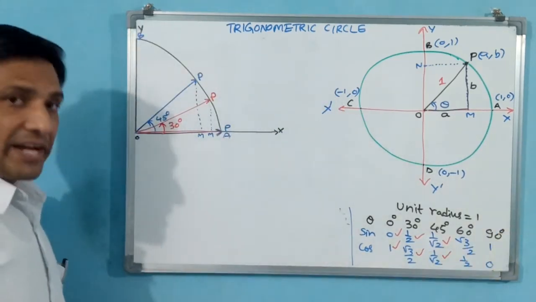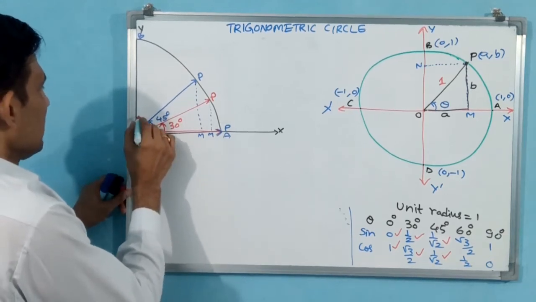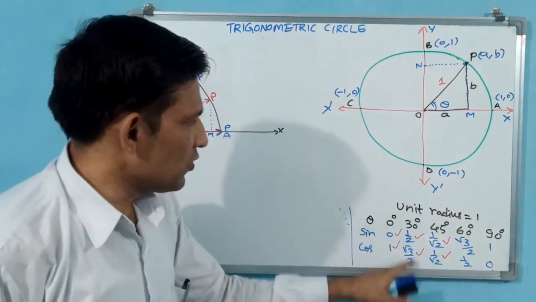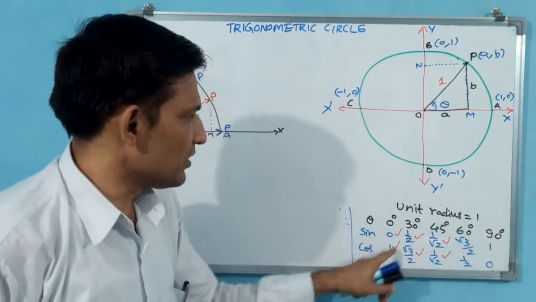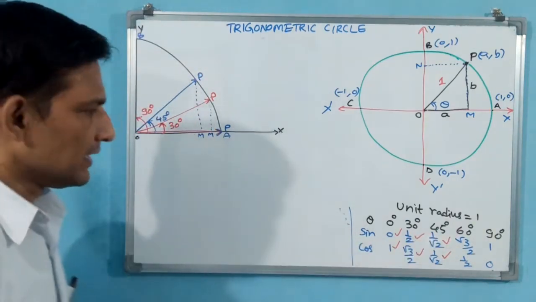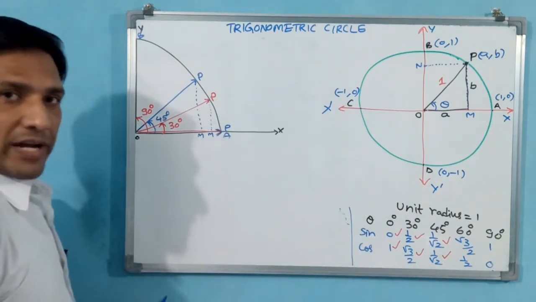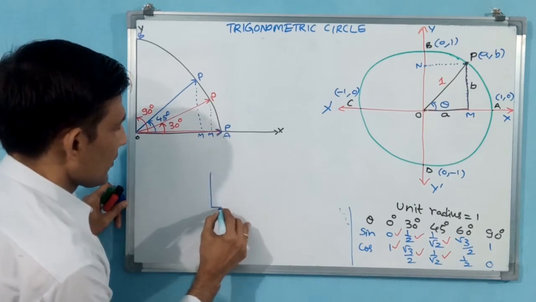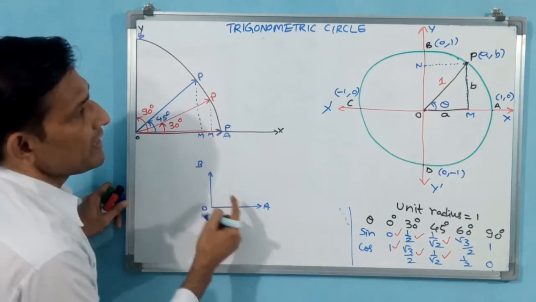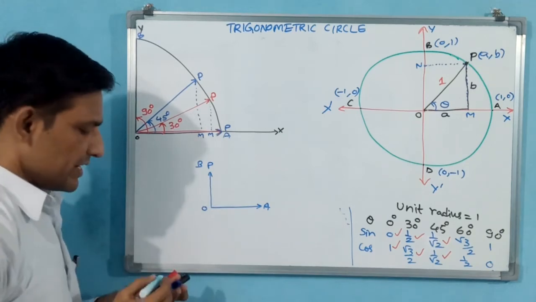We go for 90 degrees. 90 degrees means how much? This one. 90 degree, complete 90. Why? Because we have seen 0, 30, 45 also. 60 is like 30 only. It is going to reverse. Okay? It is going to reverse. But let us go for 90. 90, let us see. See how 90 has come. This is A, this is O, this is earlier B. Now P is going to touch B. Then only it is going to become 90 degree.